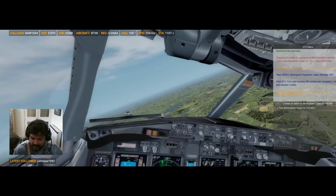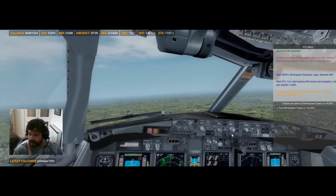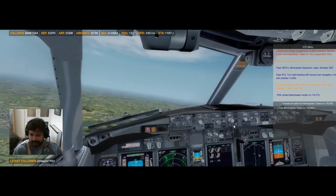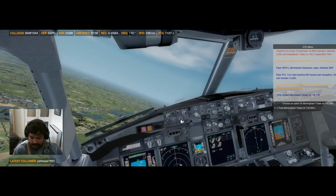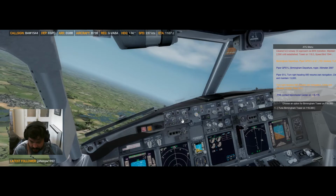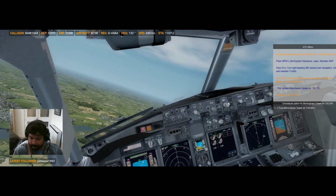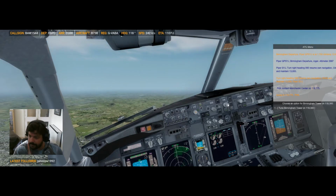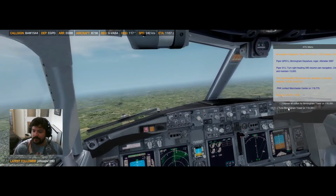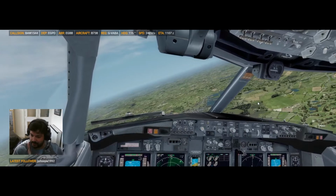Mate, why are we still turning? We ain't got heading select, that's why. You fool. Oh, for God's sakes. Where's the airport? Let's get our shit together. Right. We need to go that way anyway, so... To Birmingham Tower. Let's contact him in a second. Let's get back on the...